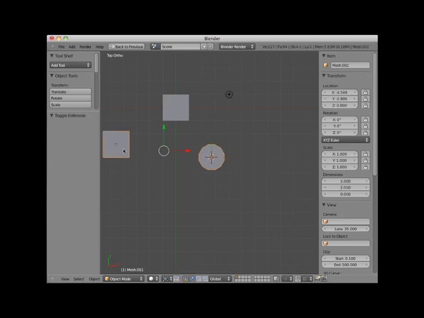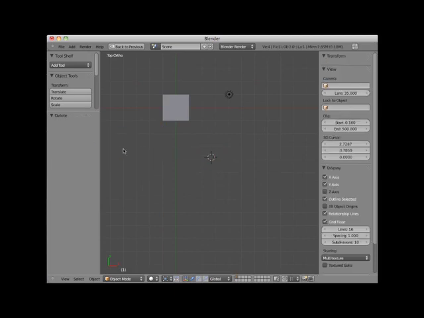Now, sometimes you may want to start with a single vertex and extrude it into a particular shape. Now, Blender does not have a single vertex mesh object. However, you could create such a single vertex object by first adding a plane object, and then tab into Edit mode,